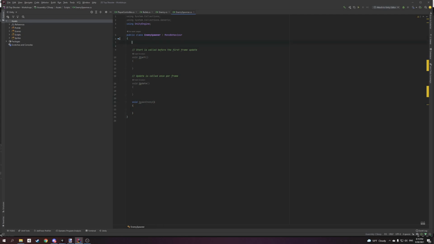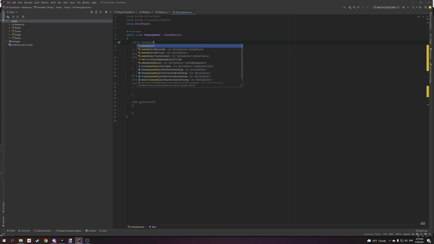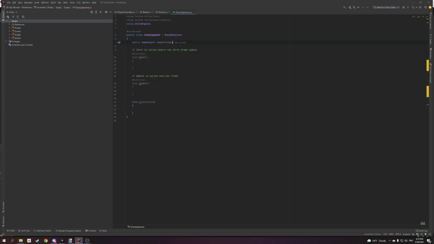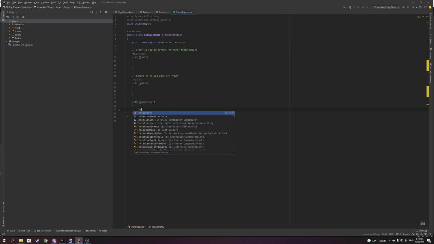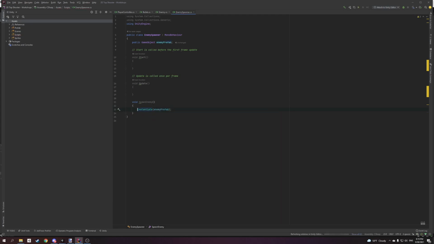First, we need the prefab. So public game object enemy prefab, right? And we want to instantiate the enemy prefab. And now we have a prefab. It'll do the same thing. It'll just spawn to the scene in whatever location it spawns in, and only that location. We want to change it, right? So game object enemy equals instantiate enemy prefab. And we want to change